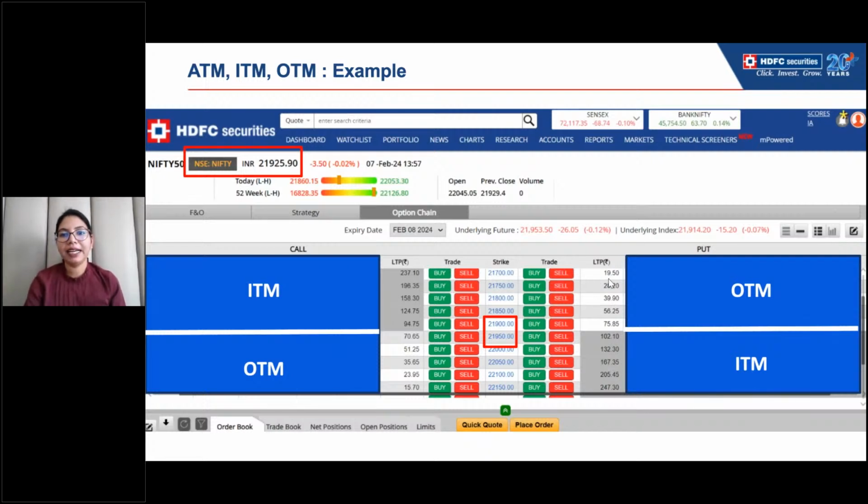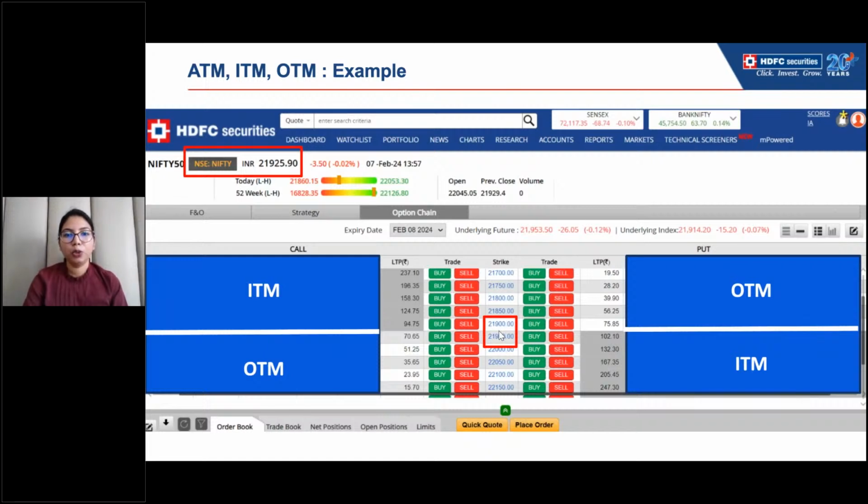तो जब भी आप आईटीएम से ओटीएम की तरफ जाओगे, पुट्स में भी आपका प्राइस लो होते जाएगा। तो व्हाई डज इट हैपन? आपका कॉस्टिंग कैसे डिसाइड होता है? ये जो डिक्रीजिंग वैल्यूज है आपके ऑप्शंस के, वो क्यों हो रहा है? देयर इज सम लॉजिक। ओके, फर्स्ट लॉजिक इज ऑफ द प्रोबेबिलिटी।